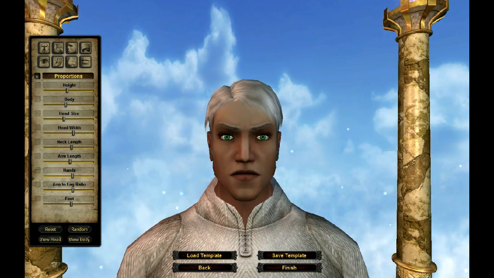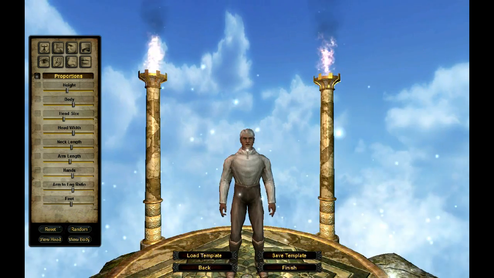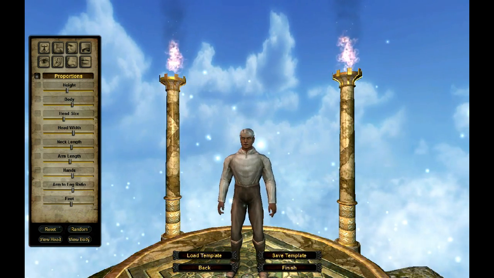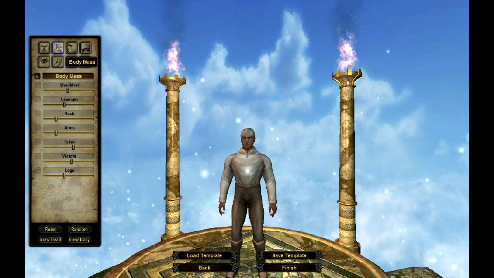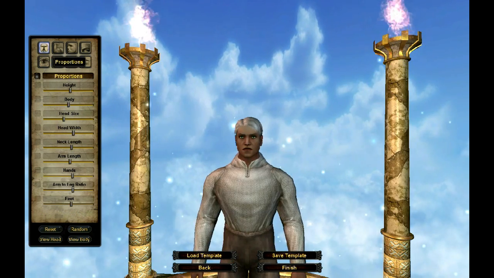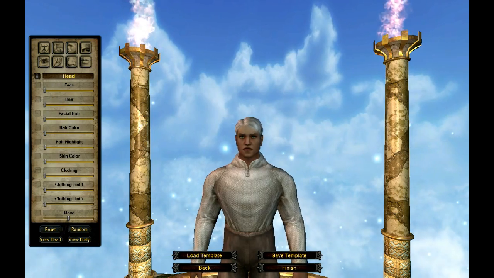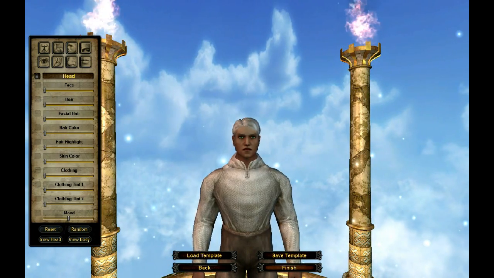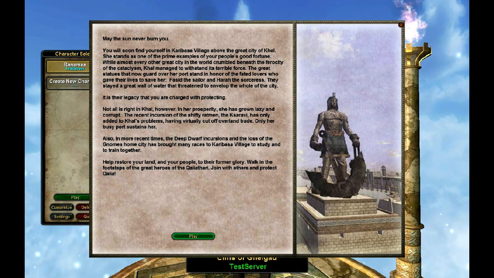Character customization options are not quite as deep as I would like. It looks like they are. It certainly looks like you have quite a bit of control over the way your character looks, but you really don't. Most of these different sliders don't really change a whole lot. So actually I think, again, I just want to go with the default, so I'll just click Finish and I